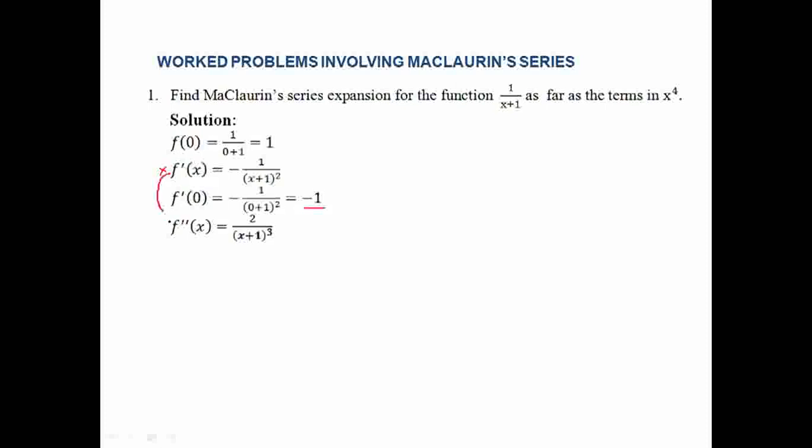Then we differentiate again to get the second differential coefficient. It gives us 2 over open bracket x plus 1 close bracket to the power 3. Then where there is x in the second differential coefficient, we put a 0 and it gives us a 2. Then from here, we differentiate again to get the third differential coefficient, which gives us negative 6 over x plus 1 in brackets to the power 4. Then, where there is x in the third differential coefficient,